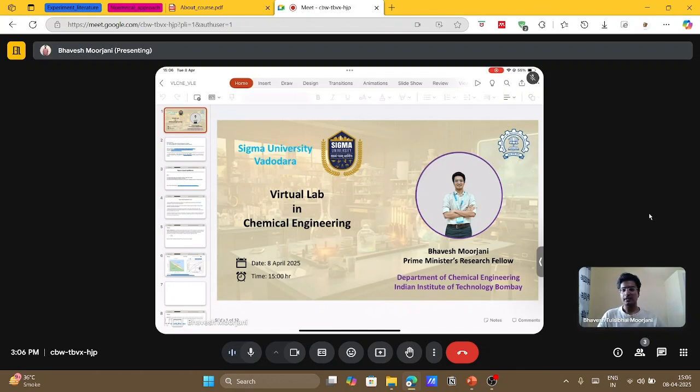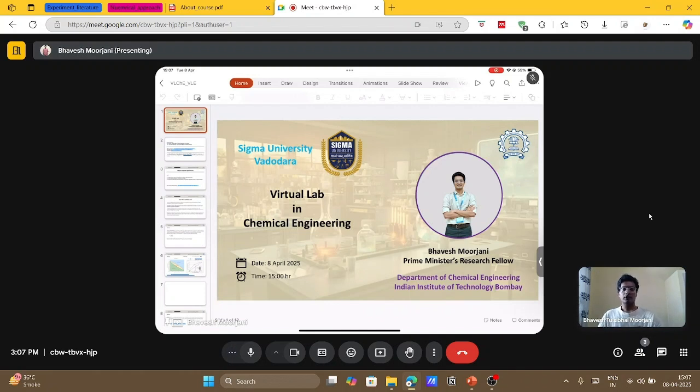From today's class, we will start experiments related to the mass transfer laboratory. Previously we have done experiments related to fluid flow operation and the heat transfer laboratory. In the last few lectures we did experiments on heat transfer through radiation, convection and conduction. Now we will move forward with the mass transfer experiments, and today we will be doing an experiment on